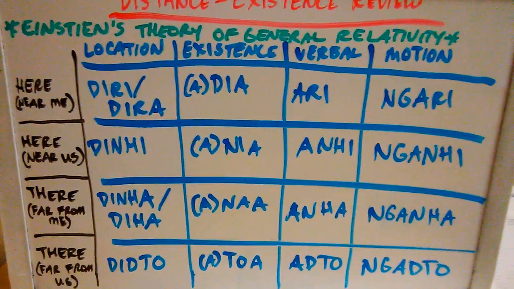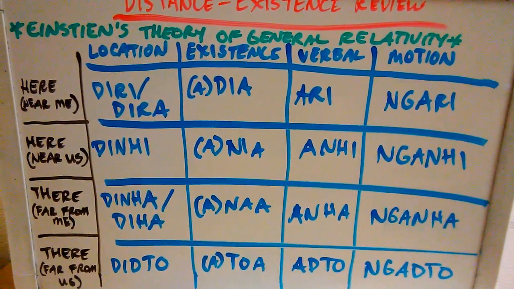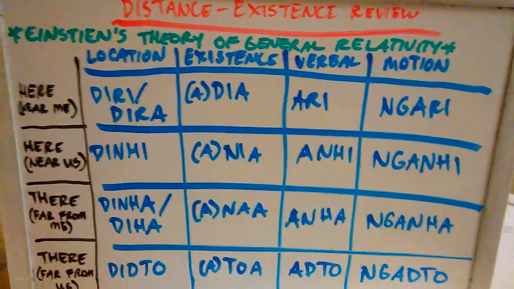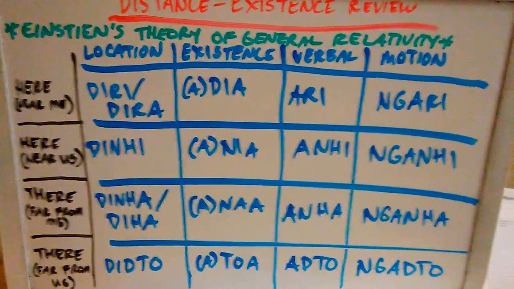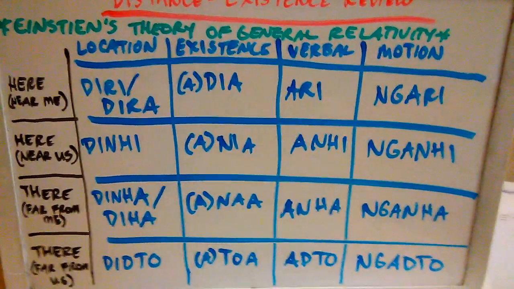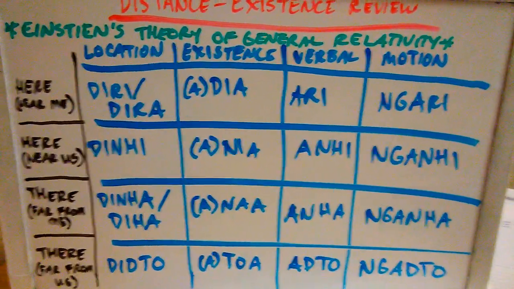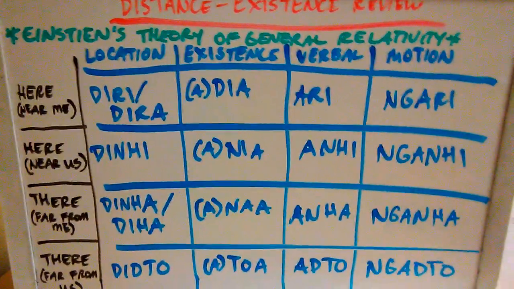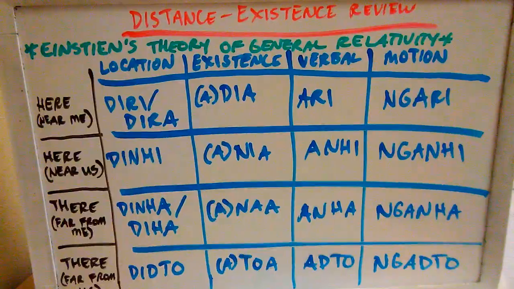Not diori, not diora or ari. No, don't do that. It's a tapped R, because the moment we start hearing that R, or that tapped D and that rolled, trilled R, we know you're talking about something that's very close to you. That's just a little side note. But again, this is just a review and more to come.